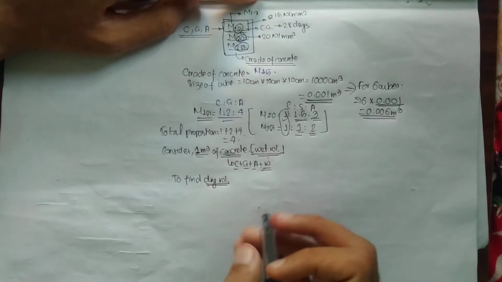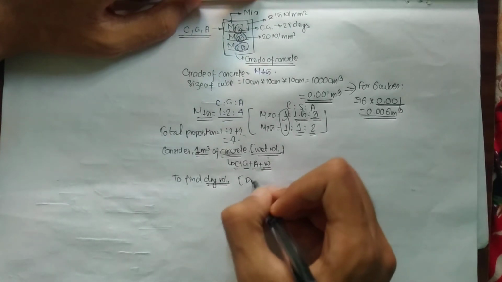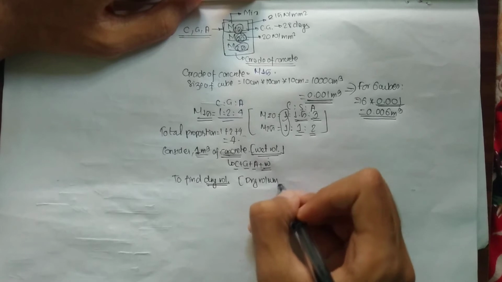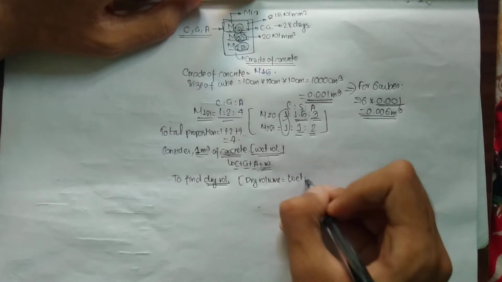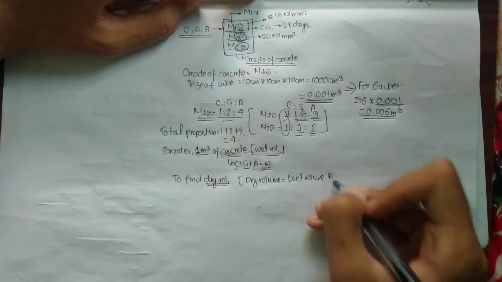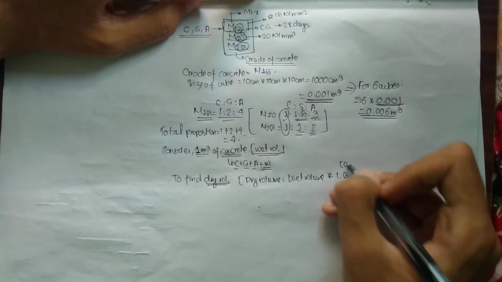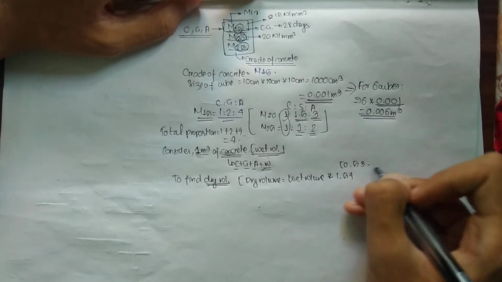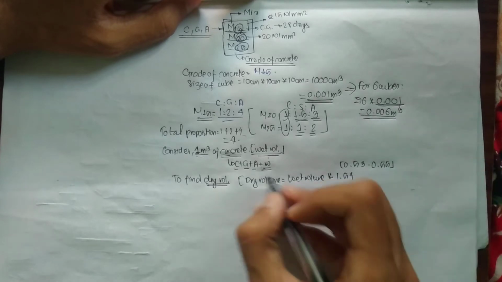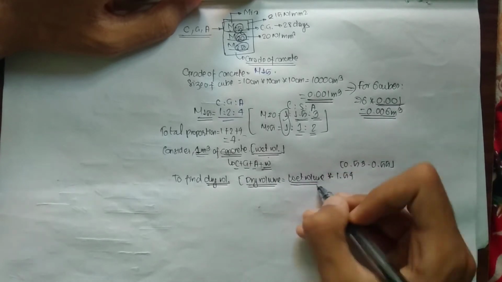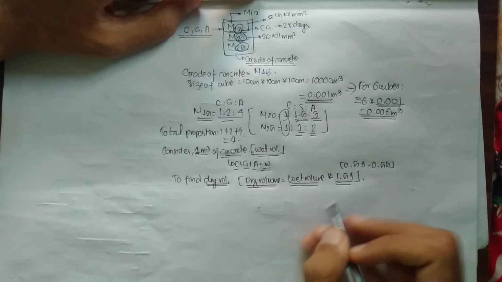So how can we calculate the dry volume? We have a simple relation. The dry volume of concrete is greater than wet volume by the ratio of 0.53 to 0.55. So in order to calculate the dry volume, we simply multiply the wet volume by the number 1.54. So why is this?